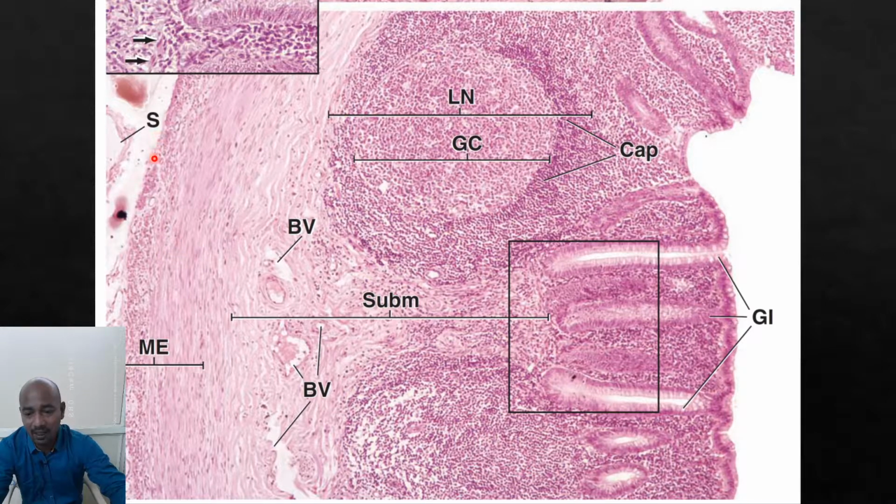You can see the outer longitudinal muscle layer, then the inner circular muscle layer of the muscularis externa, then you have the submucosa, which has these blood vessels, and then you have the lamina propria, and you can see these glands or the crypts, and you can see the lymphoid follicles with germinal centers. Okay, the submucosal lymphoid tissue frequently exhibits germinal centers within its follicles, and it is indicative of